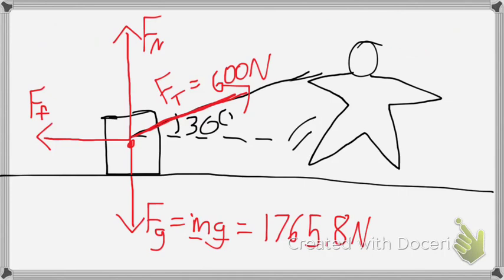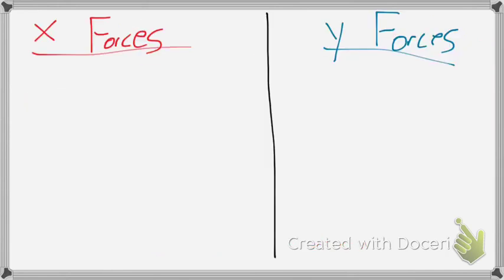Let's start with gravity. Gravity's pointing straight downward. Oh, by the way, I should probably determine which direction is positive and which is negative for each of these forces. I'm going to consider my upward forces positive, my downward forces negative, rightward positive, leftward negative. So, in the y direction, I've got a force of gravity of 1765.8 newtons,